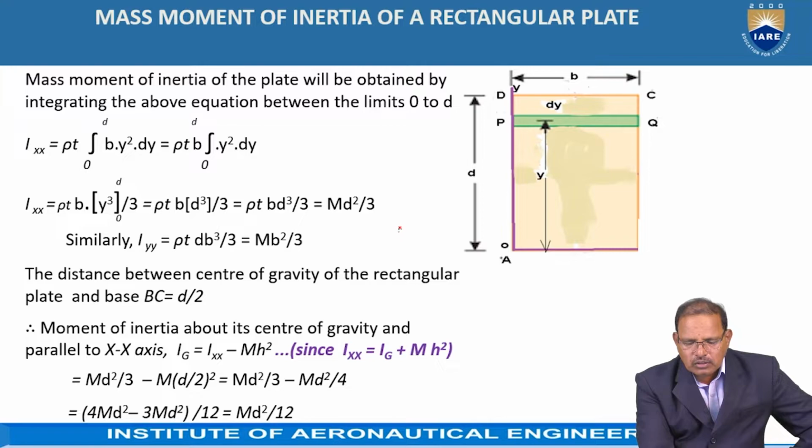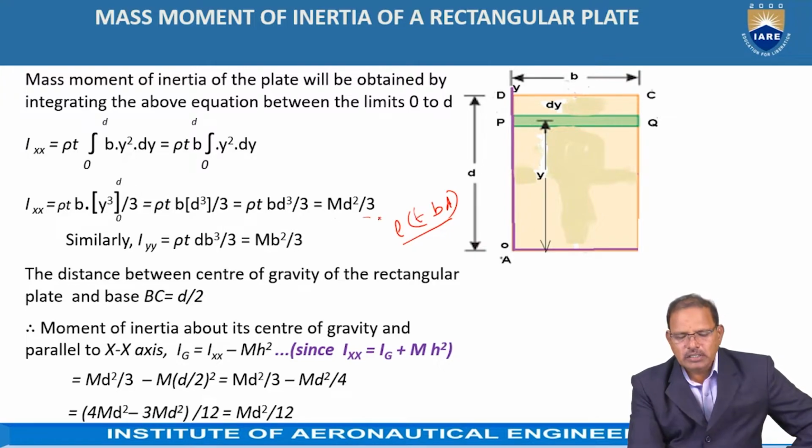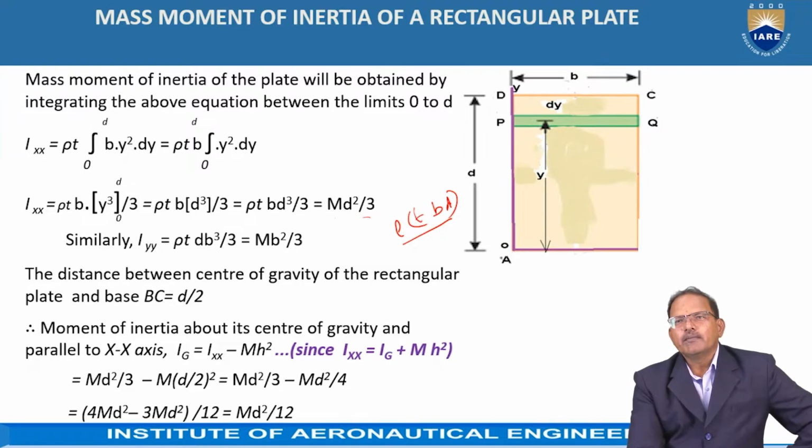Here rho t b d is representing the mass of the body, and the remaining term is d square by 3. Hence this equation can be written as m d square by 3. This is the mass moment of inertia of the strip about its base. Similarly, the mass moment of inertia of the body about the vertical axis,